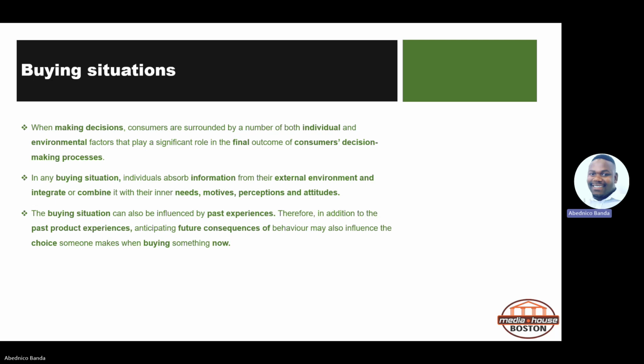When making decisions, consumers are surrounded by a number of both individual and environmental factors that play a significant role in the final outcome of the decision-making processes. I think we touched base on this during the last semester when we spoke about individual factors, when we spoke about external factors, the role of your family, for example, in what you consume, the role of your church, the role of your culture,